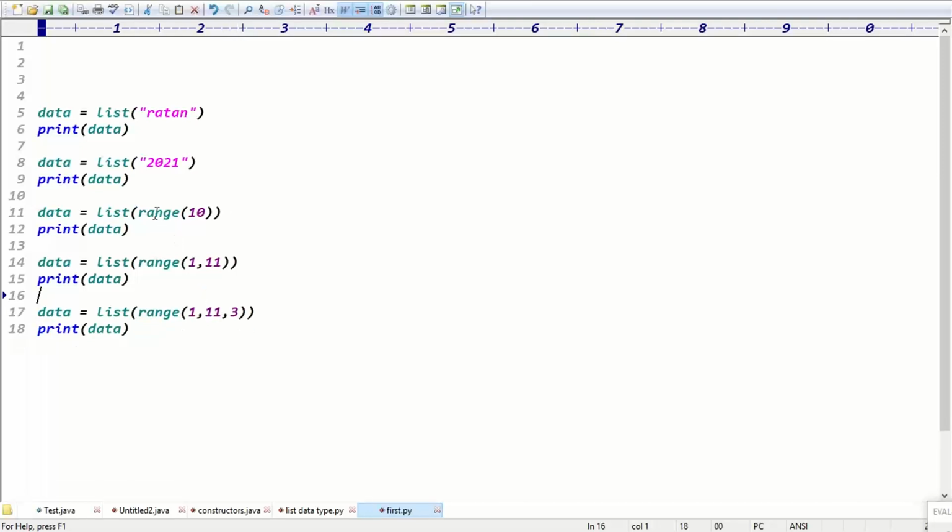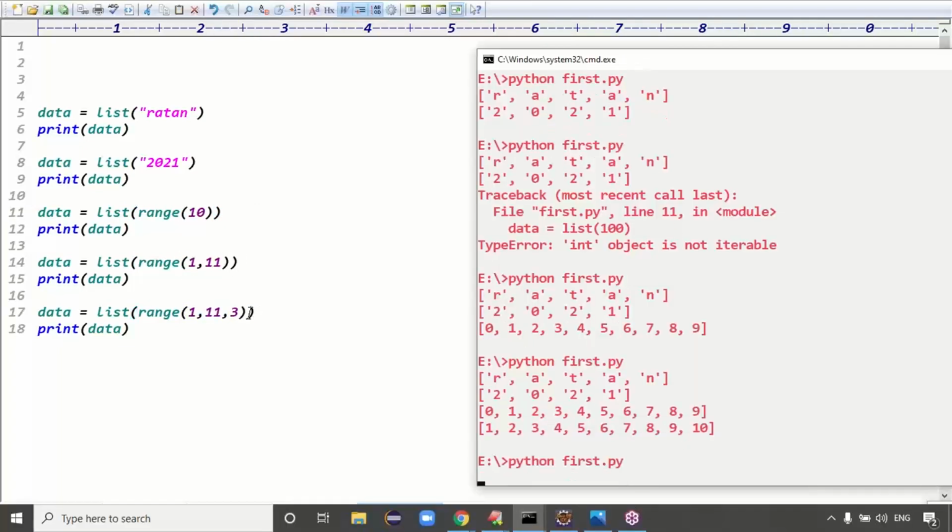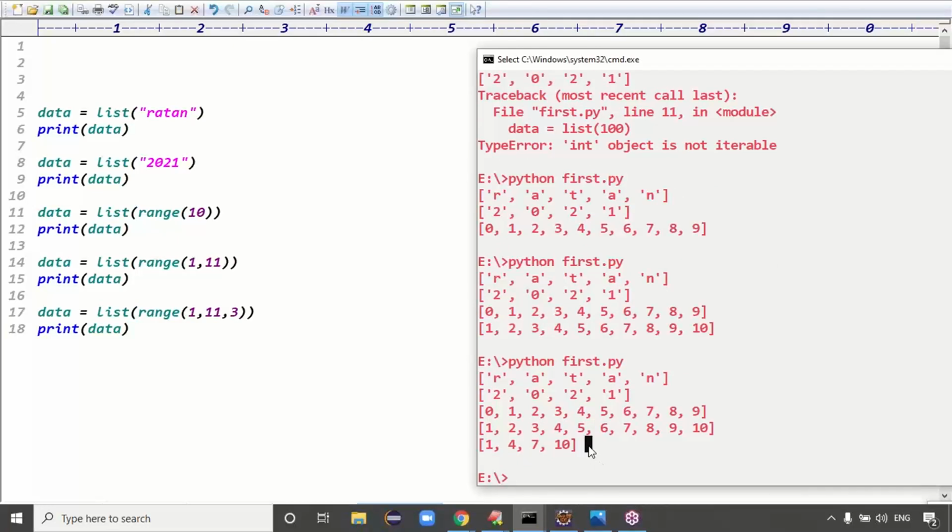Range of 10, or starting and ending values, or starting, ending and stepping values, you can give. That's how range works: 1, 11, 3 gives 1, 4, 7, 10.